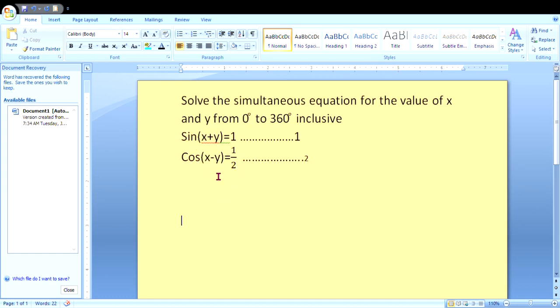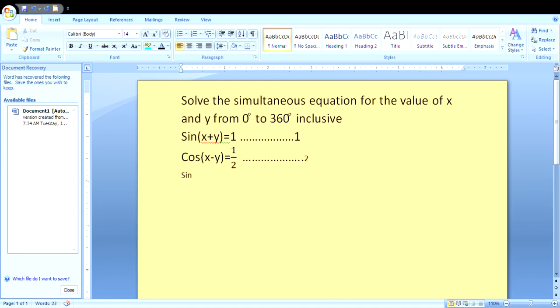Okay, all we need to do is look for the sine inverse. Here, we need to eliminate sine by looking at the sine inverse of 1. Similarly, in equation 2, we have to look for the cos inverse of half. And that can simply be achieved by saying that from equation 1,